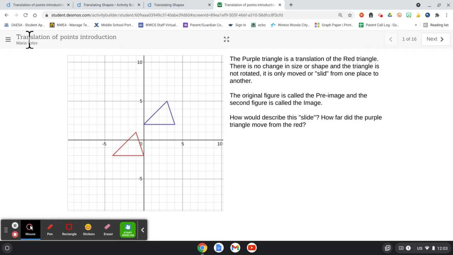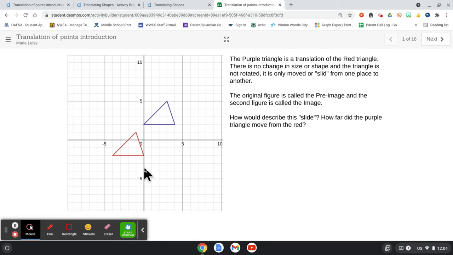The first link was for a translation of points. What we're doing with translations is a translation is a slide. This red image right here is called a pre-image. It's where it started, meaning before it moved. The second figure is the image or the copy. Now, a translation does not change the size of the shape, doesn't change angle measures, doesn't change side lengths, doesn't even change the orientation, the way it's sitting. All it does is slide it across